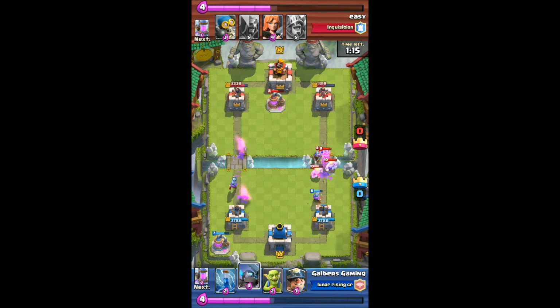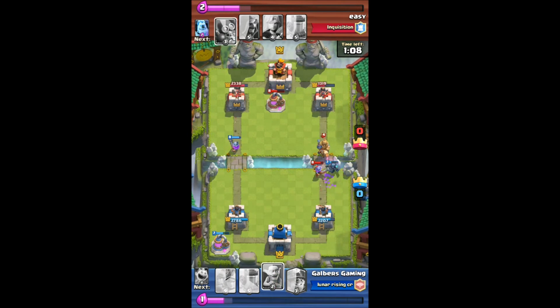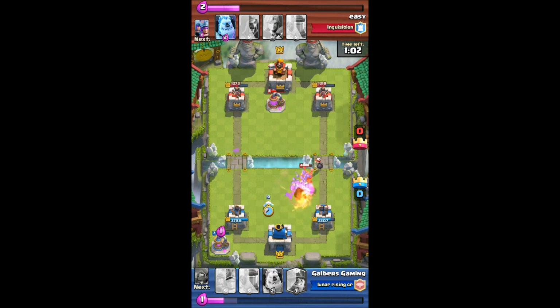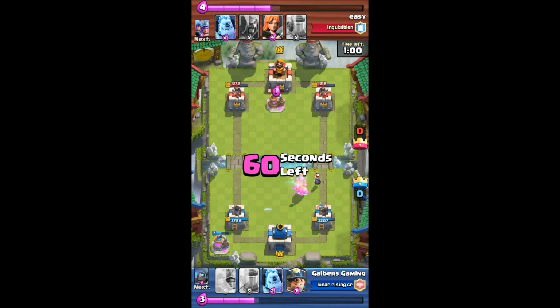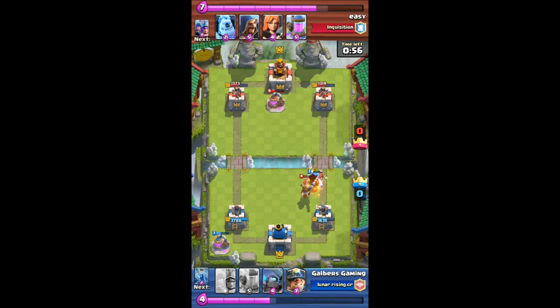He then drops the Barbarians. This is quite a scary little push he's got. I can't remember what the Barbarians cost. I think it's 5, and the 2 Musketeers is 6. So 11 plus the Prince, which is 5 as well. So it was a 16 elixir push, with the bomber it was a 19 elixir push down that side, which was super scary,